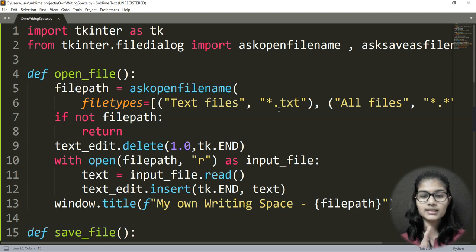So I hope I made this very clear to you, how you can make a GUI similar to Notepad which you have in your Windows, and you can give it more and more wonderful features. You can also see that I did not add the .txt extension, but it still saved my file in the text format, right? So this is the whole idea about making these types of projects.